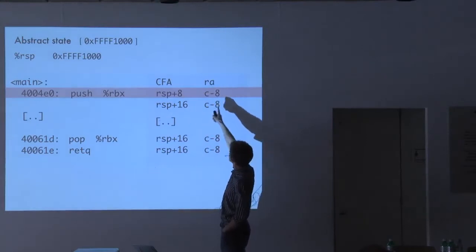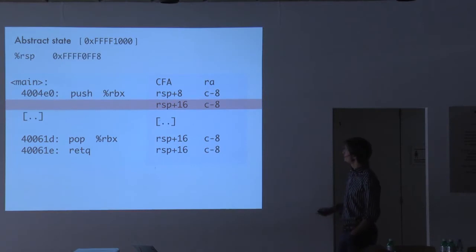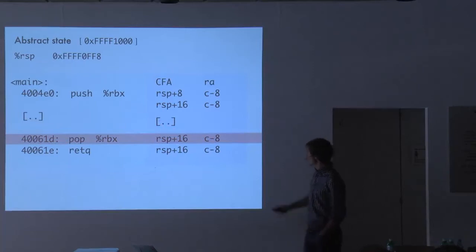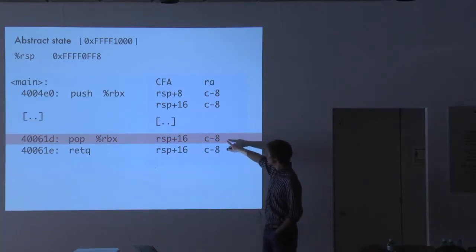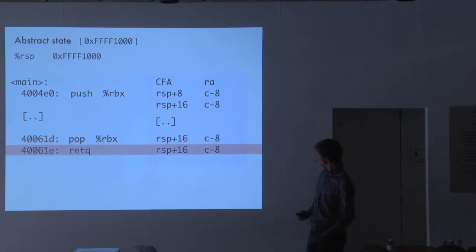100 plus 8 minus 8 is 100. OK, works. Next instruction, push has moved RSP. Abstract state is unchanged. And yes, it works because this plus 16 minus 8 gives the abstract state. And it goes on. We get to the pop. Here, everything works as well. Trust me. And then you get the next instruction where